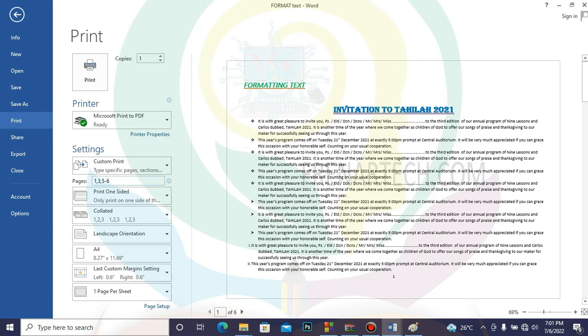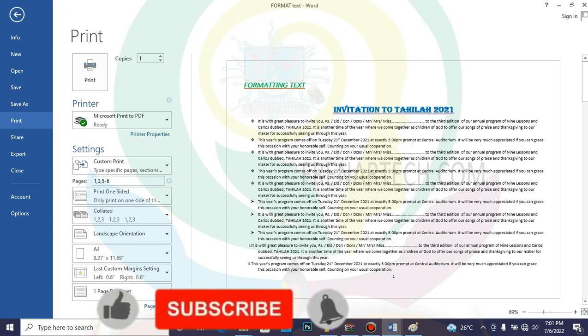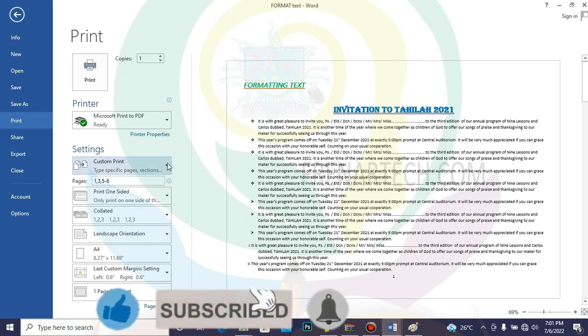This one is also another way of selecting. The printer can decide to print page 1, jump to page 3, then page 5 to 6. That is how the printer is going to pick them to work on. That is for the custom settings. So here when you pick